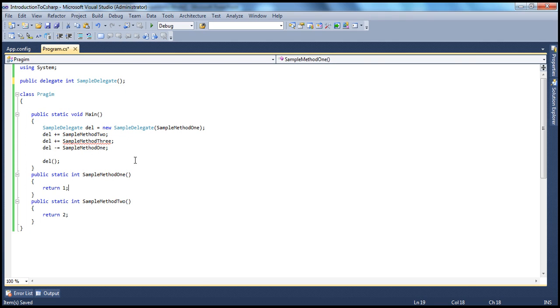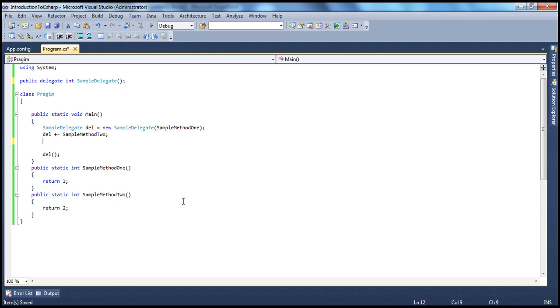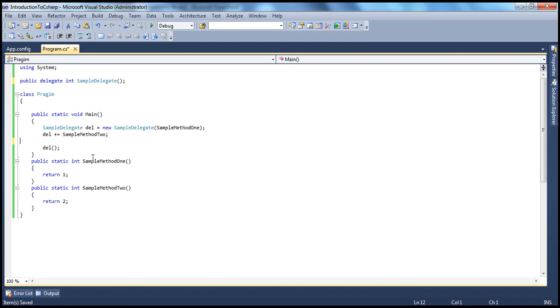So now what we are doing is creating this delegate instance, and this delegate instance is pointing to sample method 1, and we are also registering sample method 2 with this delegate. And if you look here, we are invoking this delegate, and when we invoke this delegate, what is the return type of this delegate? Integer, meaning this delegate is going to give us an integer back. So let's say int delegate